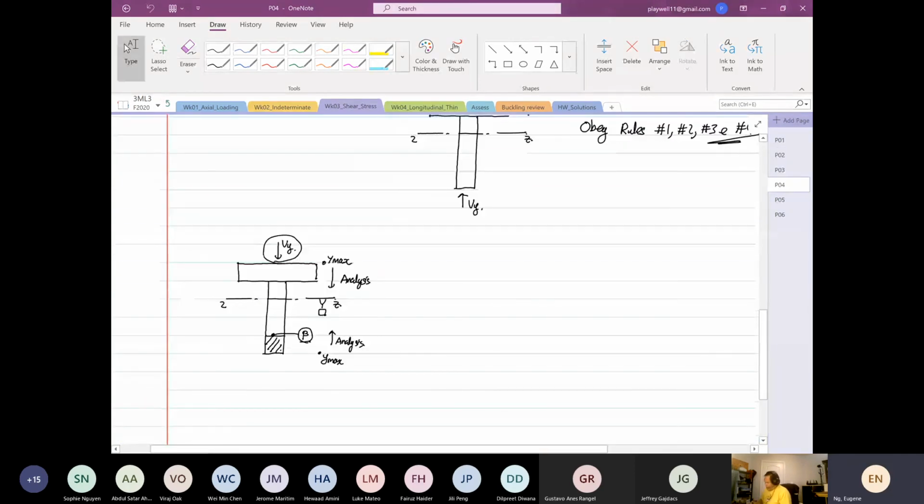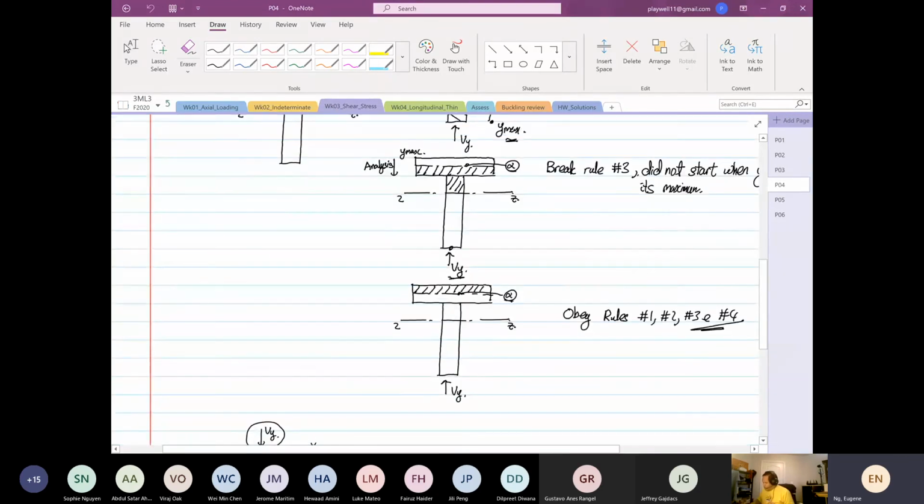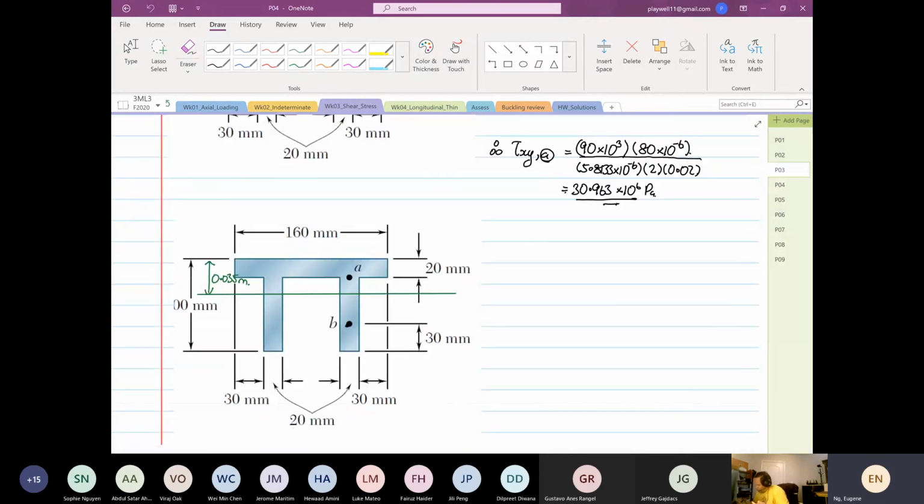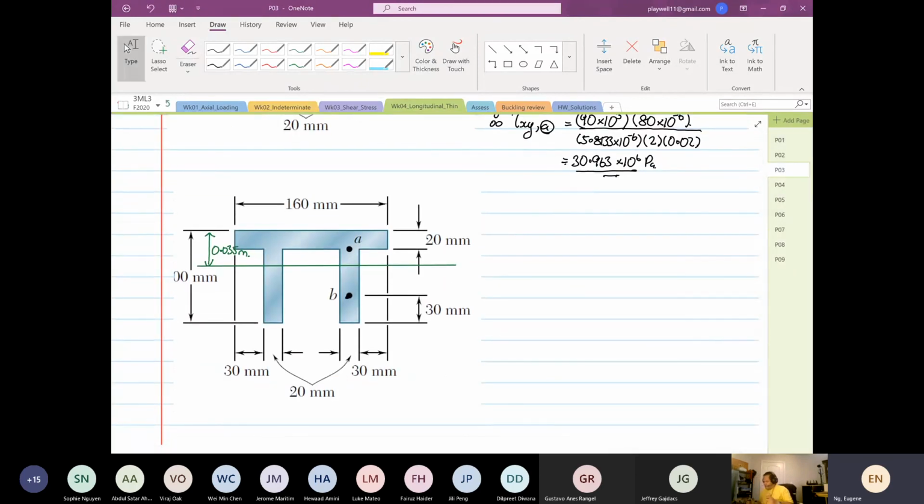I asked you, if I want to find point B, which area of region are we going to choose? So we don't cover the top like this. The first moment of area cannot cross the centroid. So down here we know that the first moment of area cannot cross the centroid. So if you think that this is where your Vy is,